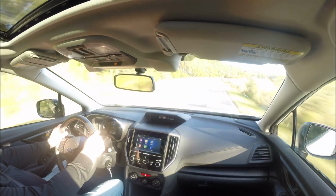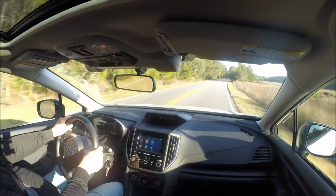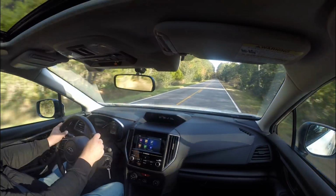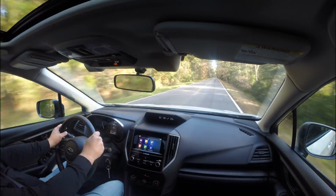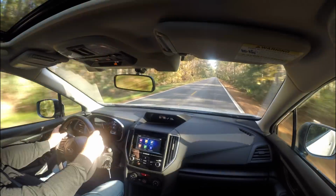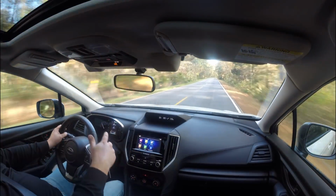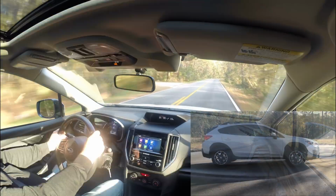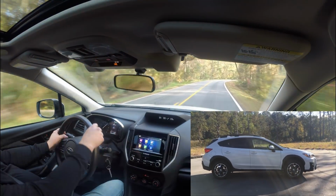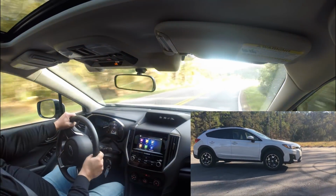And that's good because with 152 horsepower, there isn't a ton of speed available. The 2018 CROSSTREK offers a newly designed 6-speed manual transmission for the first time in this car in a while, and that cuts the sprint time down to about 9.1 seconds with the 152 horsepower 4-cylinder, making I think 140 foot-pounds of torque. So with that 6-speed manual, it's definitely a lot quicker, but with this Lineartronic 7-speed CVT, which I'm using through the paddles right now,